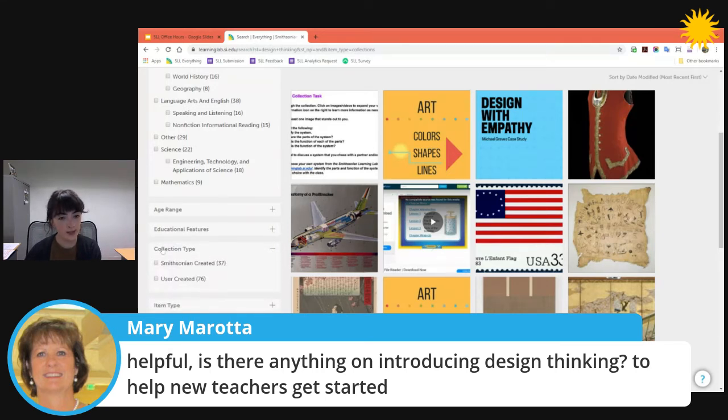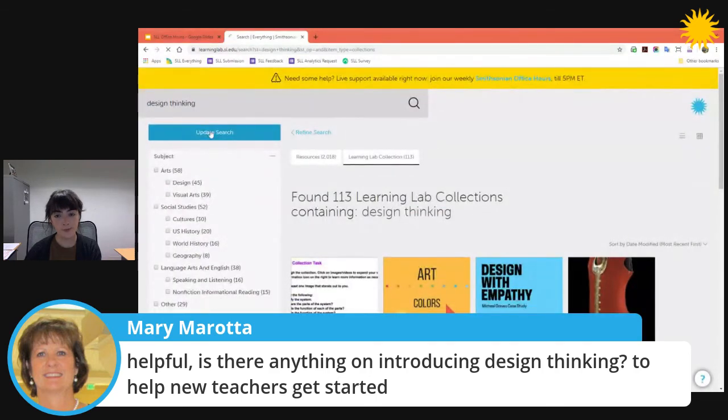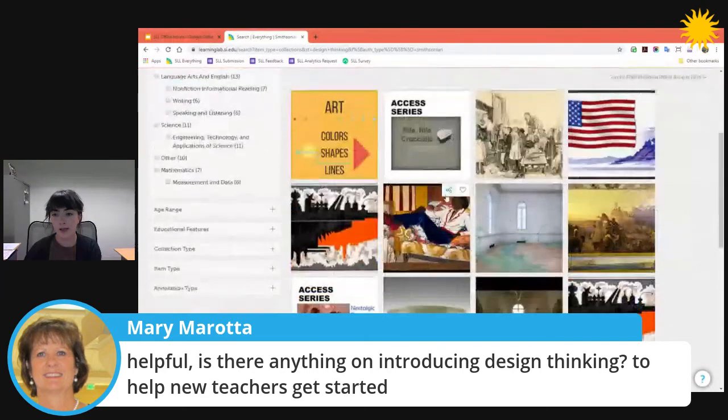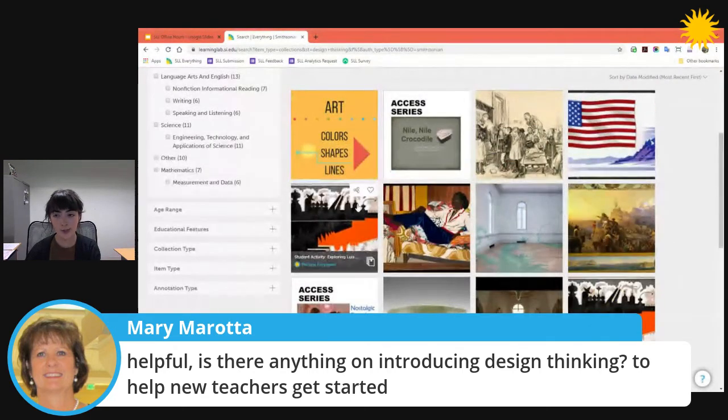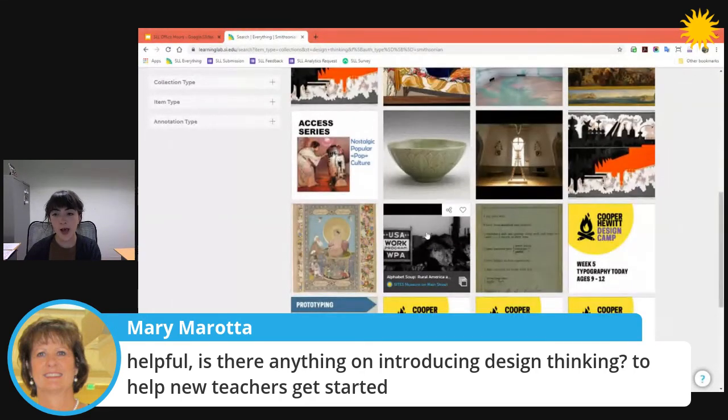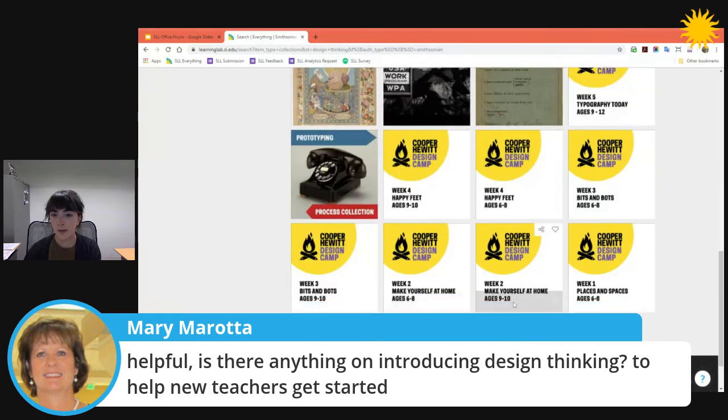It's underneath collection type, and it is right here. So I'm going to filter by collections that were created by Smithsonian staff. Once I've selected that, I'm going back up to update search. And here we have quite a few from across the Smithsonian, so not just the Cooper Hewitt, but also the Freer-Sackler, which are Asian art museums, the Smithsonian Traveling Exhibition Service, but